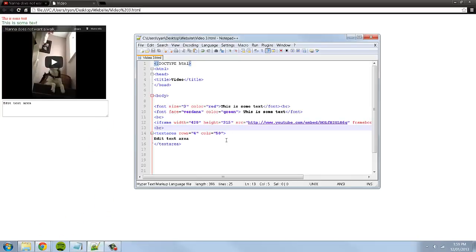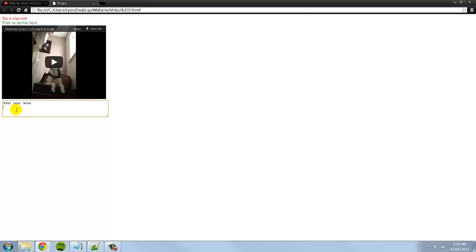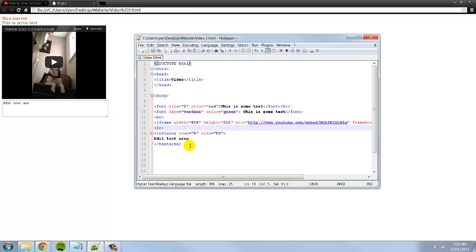Basically, the rows and columns part is what edits this. If there's 1 row, text there, cursor there, down 1 more, if I go down again, there's actually 3 rows beneath the text. So that's how you can add a sort of edit text area on your web page just for messing about, and